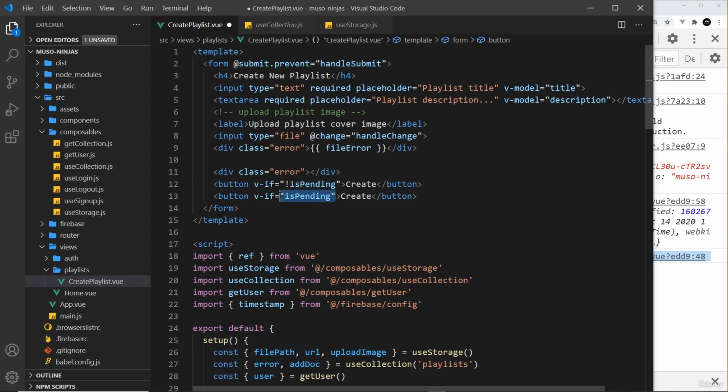So I'm going to duplicate this and change this to just isPending. And then if isPending is true, it means we're trying to load something. And in that case, we'll say saving... And we'll also make this disabled. Now, instead of this, we could just do a v-else, which in fact is what I'm going to do. So if something is not pending, then we see create. Otherwise, we see